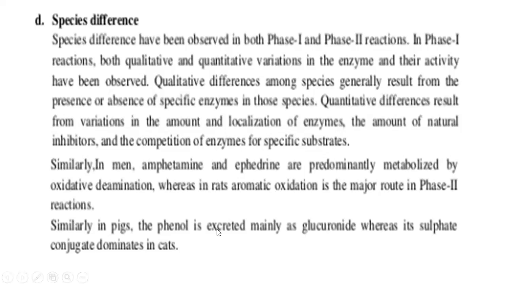So if you take amphetamine and ephedrine, they are predominantly metabolized by oxidative deamination in humans, whereas in rats, aromatic oxidation is the major route. So humans are one species. Similarly, rats are another species. So when you see the rate of metabolism of the drugs amphetamine and ephedrine, they are metabolized